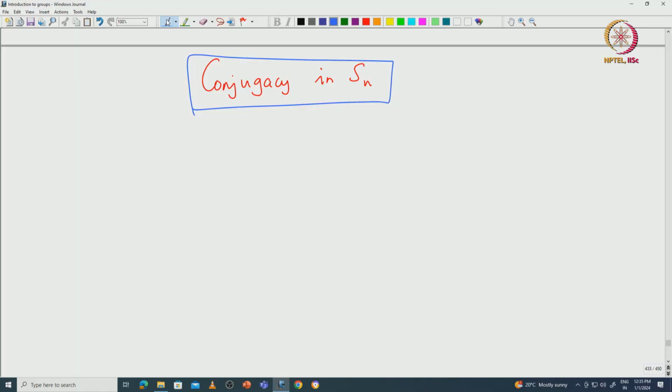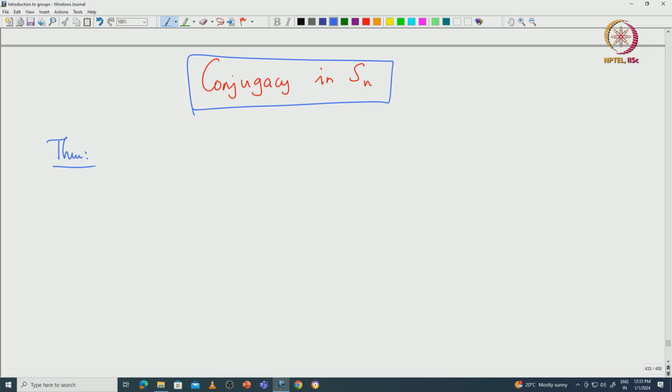Welcome back everyone. In this lecture we will continue with the basic properties of symmetric groups. In the last lecture we saw that any given permutation can be written as a product of disjoint cycles. Now we will use that result to prove that any permutation can be written as a product of transpositions, not necessarily distinct transpositions. Let me just state the result. Okay, here is the theorem.